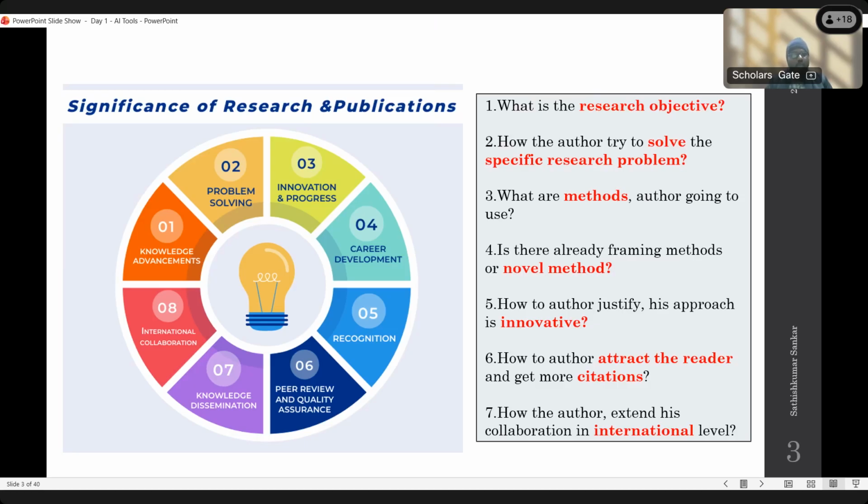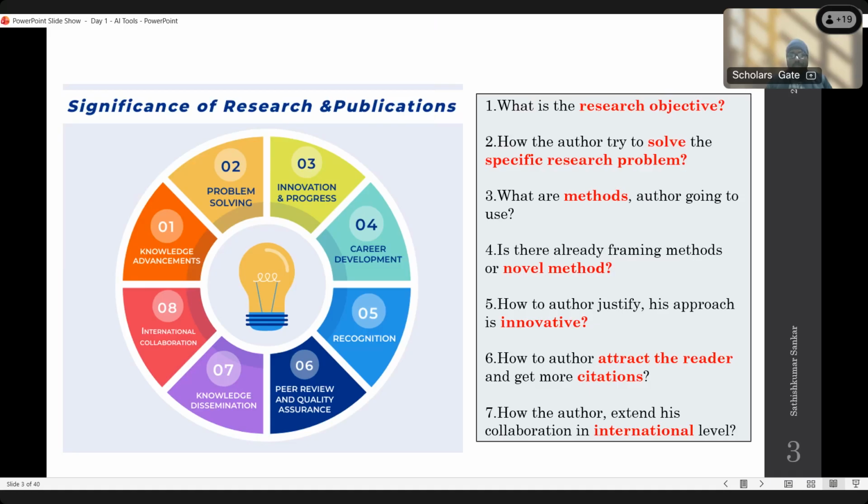And peer review and quality assurance, this is a big thing, a very important thing, because how can we validate? Not every student or research scholar has a companion among other research scholars. I didn't get a good companion in my research journey. If your supervisor has two or three research scholars working in the same field with the same mentality and frequency, it will be possible. But I didn't get that exposure.